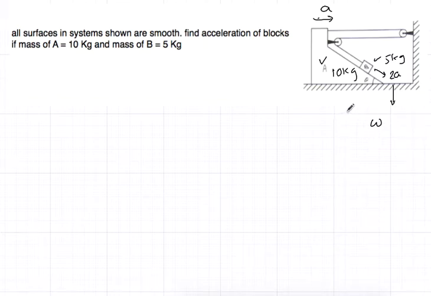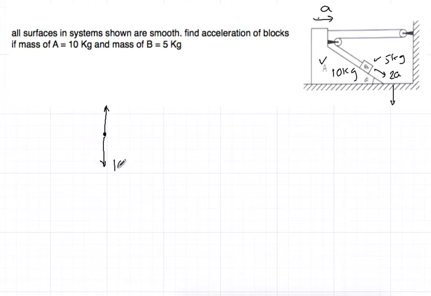So let's first draw the free body diagram of the 10 kg. This is our free body diagram. Since the body is moving in this direction, we will take the forces only in the horizontal direction. No, I'm wrong, because here there is a force which is the contact force between B and A. Let's draw all the forces.